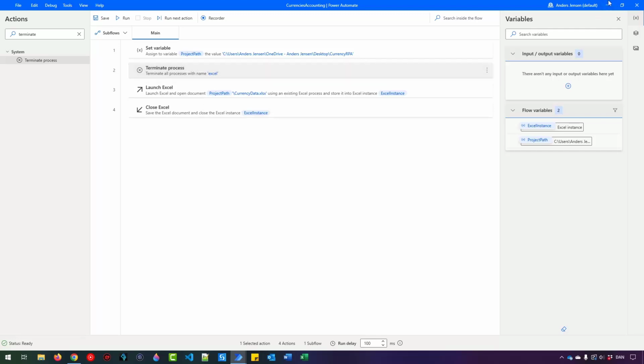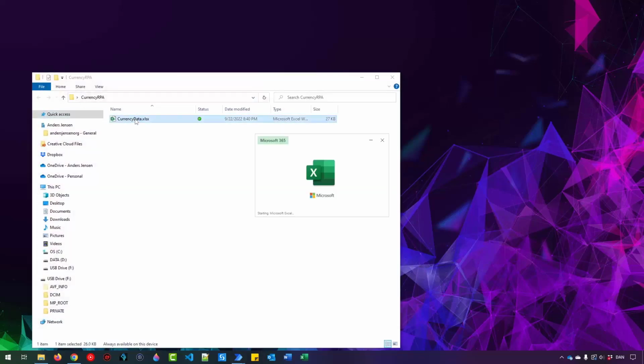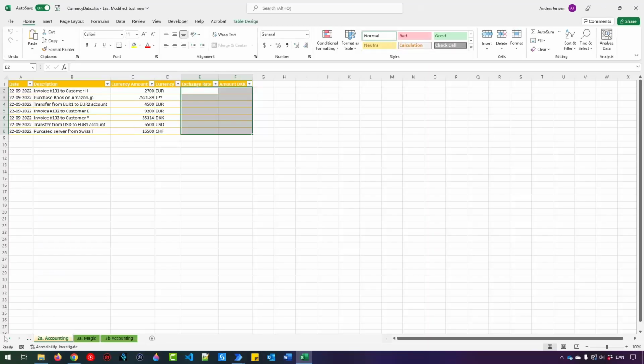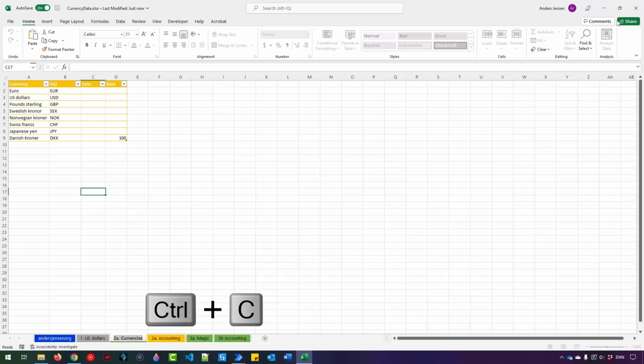Let's inspect the data that we just downloaded. Go to the project folder and open the Excel book here. You can see that we have multiple sheets and we need to find the correct one. The one we are using is called 2a.currencies and it looks like this. So let's grab the sheet name by right-clicking down here, choose rename, Ctrl+C to copy it, and then close it